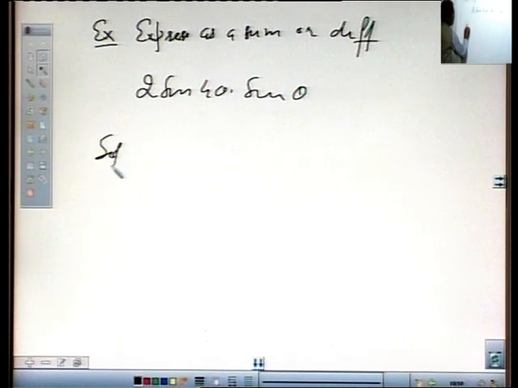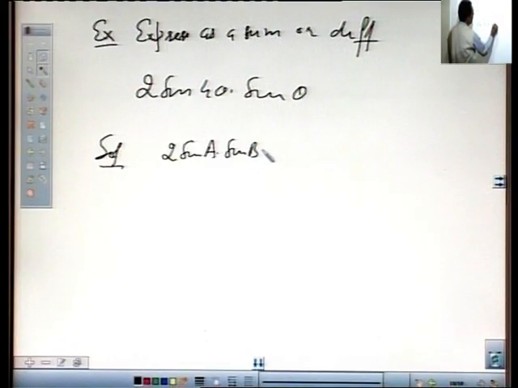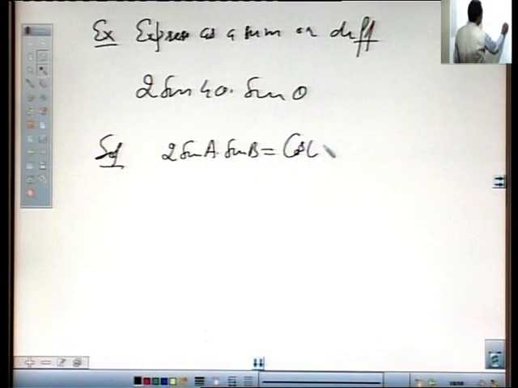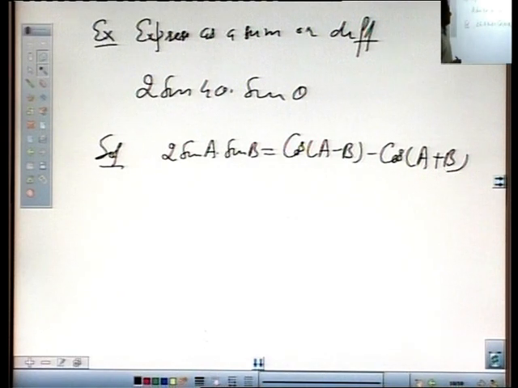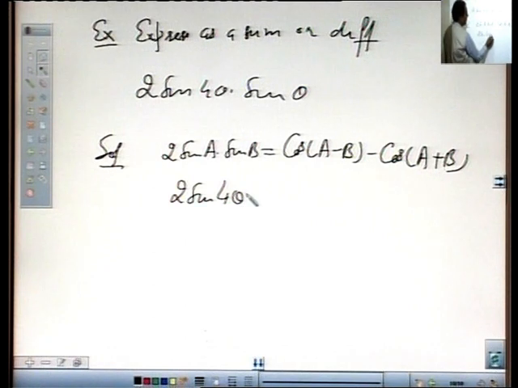And solution of this, we use the formula 2 sin A sin B, this equal to cos A minus B minus cos A plus B. 2 sin 4 theta into sin theta, this equal to